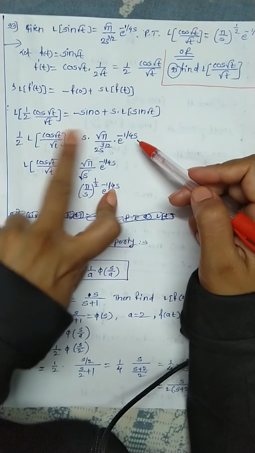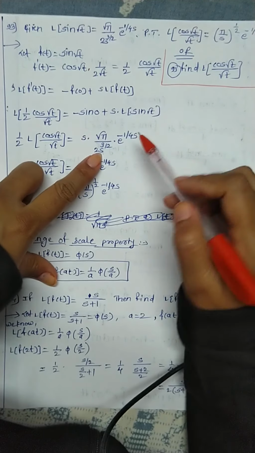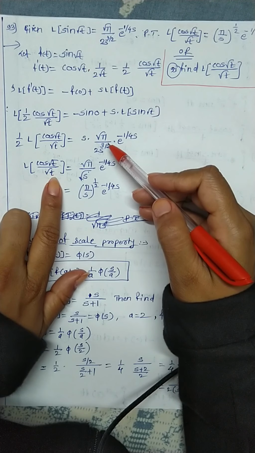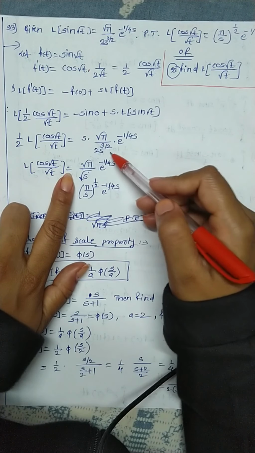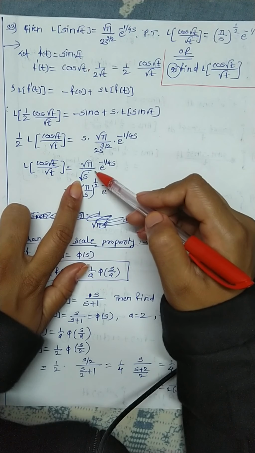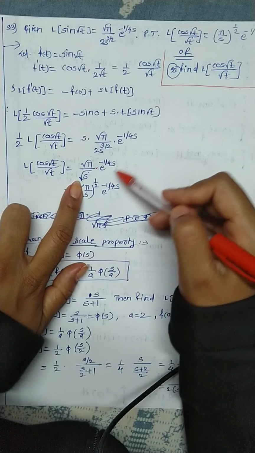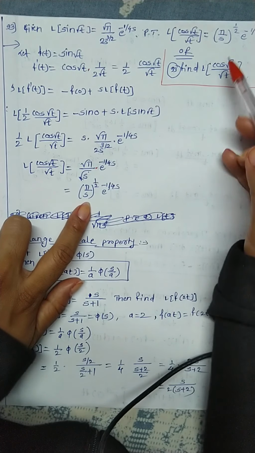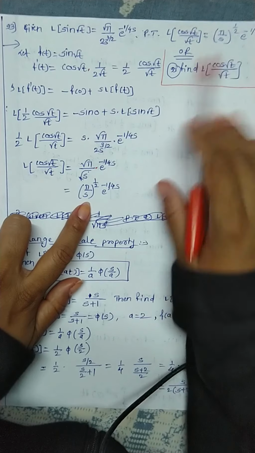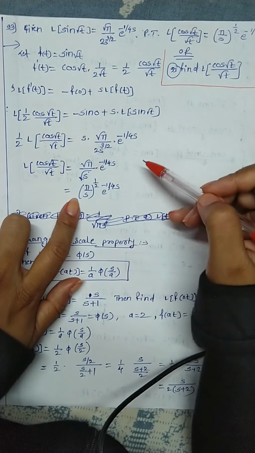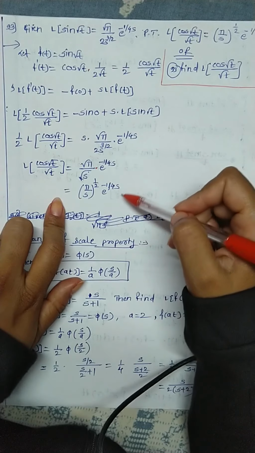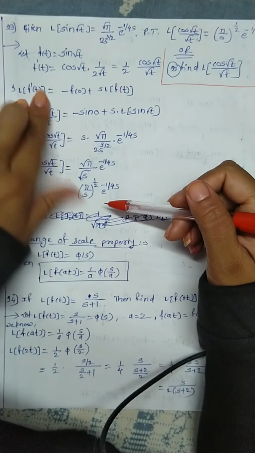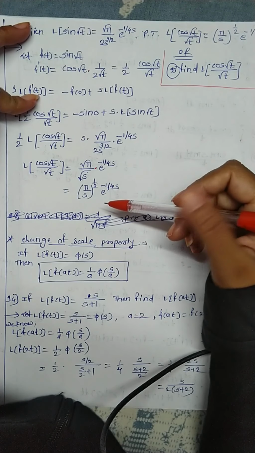Now I have to just simplify. The half and this half get cancelled. Take s in the denominator, and we get Laplace of cos root t upon root t is equal to root pi as it is, s raised to 3 by 2 minus 1, s raised to half, that means root s, into e raised to minus 1 upon 4s as it is. Write this in the form of indices, because we want this answer: root pi upon s raised to half, e raised to minus 1 upon 4s. Nowhere are we calculating the Laplace transform. We are just using this formula and the given thing. Understand?